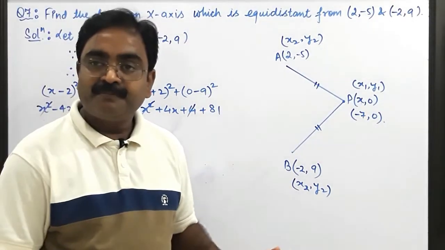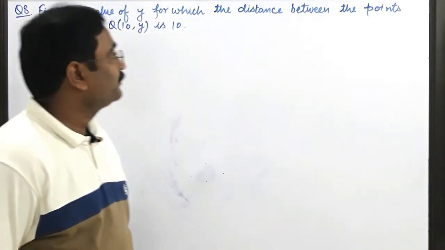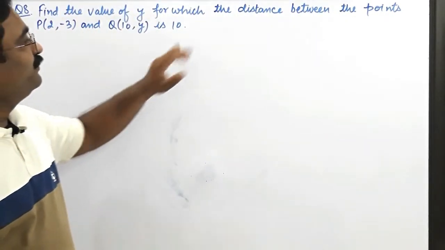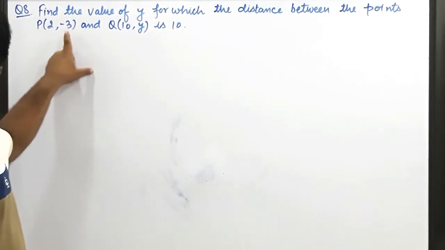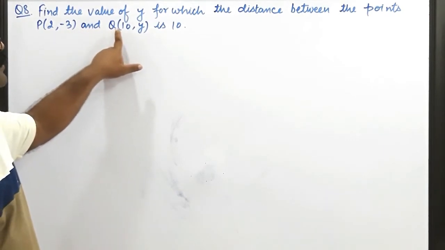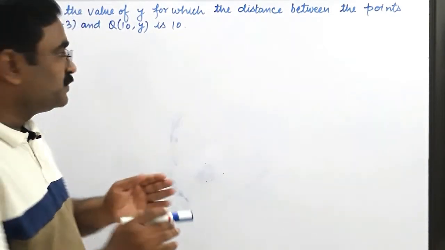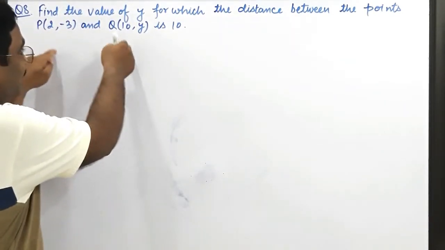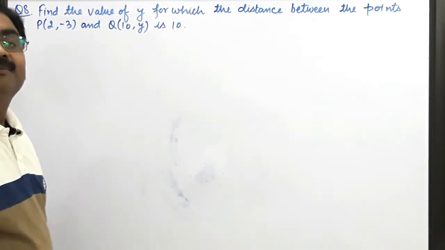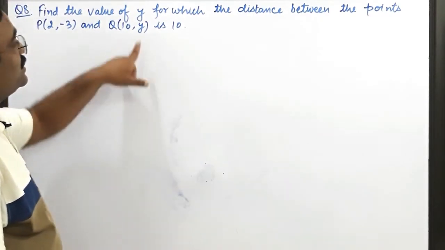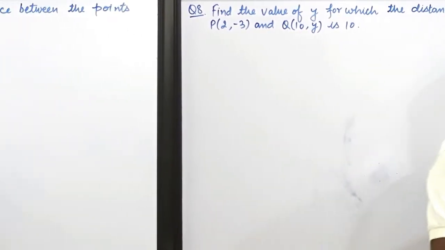Any confusion? Now see question number 8. In this question number 8, it is given: find the value of y for which the distance between the points P 2 comma minus 3 and Q 10 comma y is 10 units. Means there are 2 points P and Q whose coordinates are given and the distance between these 2 points is also given, which is 10 units. So we have to find the value of this unknown number y. First, did you understand the question? According to the question,